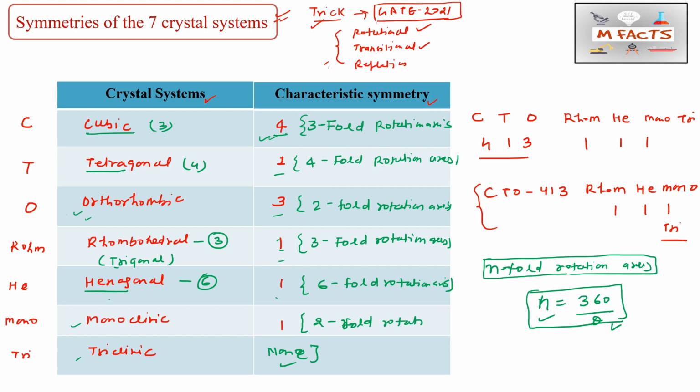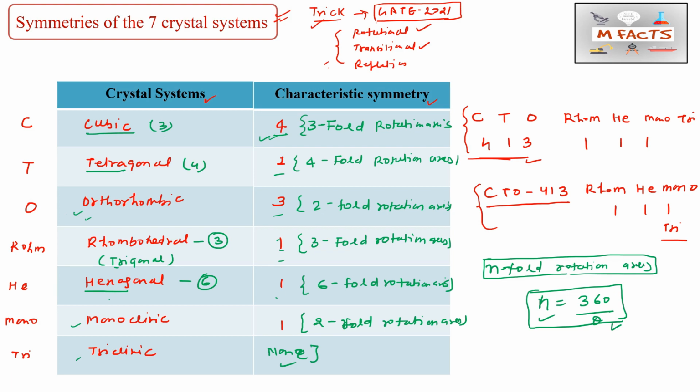If you know the way of writing these things, you may remember them easily. First I told you how to write the crystal systems in which order, and then I told you how to remember these things. Suppose you get matching-type questions, and you make a short trick like that, so you may sort the options and find the answers by matching one by one. So this is the trick.